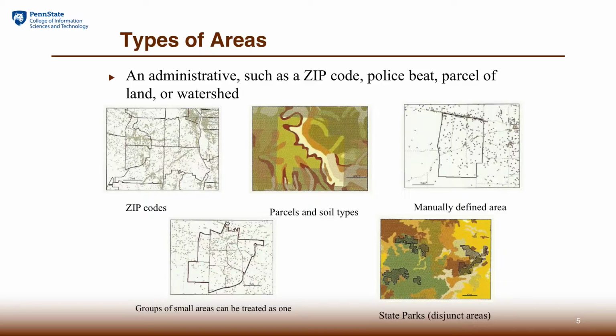There are two kinds of possibilities. One is that the area you're dealing with is just one single area that can be made of a number of different things. For example, it could be a zip code, or any of those administrative units like counties and states and populated places. Sometimes it could be just a manually defined area. For example, you can easily aggregate a number of townships and define that as your study area. And sometimes you just group small areas into a large area that becomes one. Anyway, those areas are treated as one.